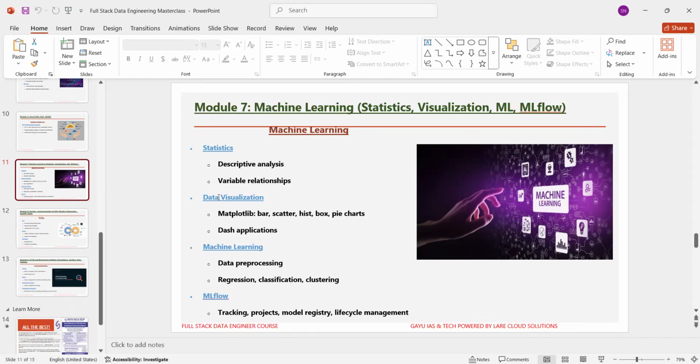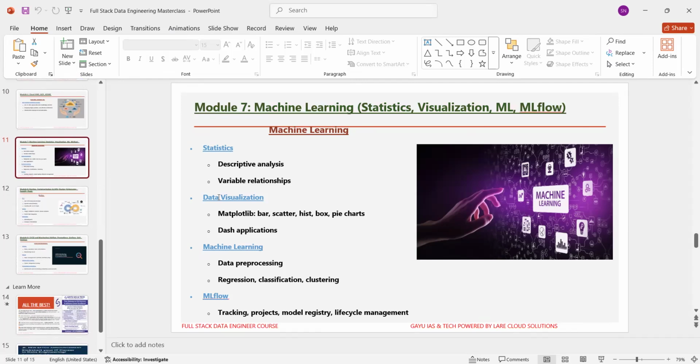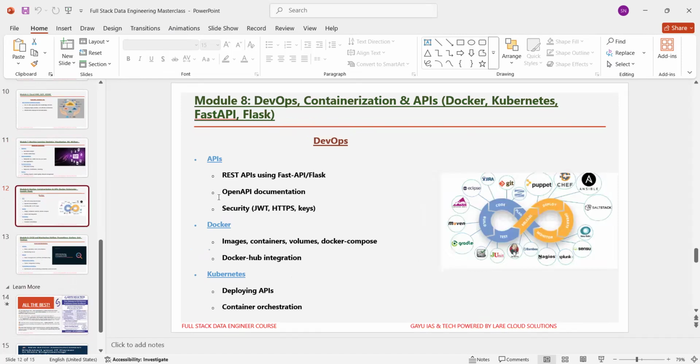Now we are going to learn about module 8. Here in module 8, we are learning about DevOps, containerization, and APIs, that is, building, securing, and deploying scalable APIs with Docker and Kubernetes. Modern data engineering demands that you not only build data pipelines, but also package, deploy, and secure them as reliable services.